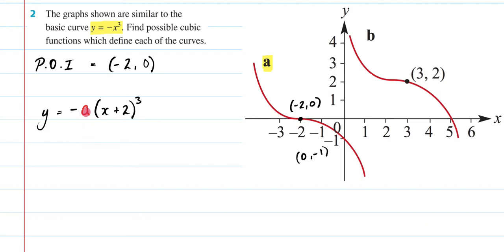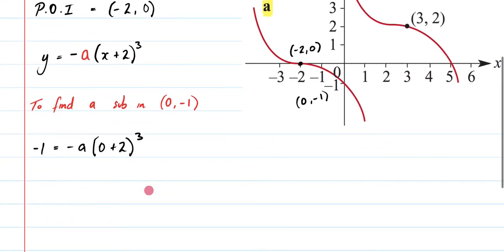So how are we going to solve for A? I'm going to write now, to find A, sub in our other point, so it's going to be 0, -1. Sub in 0, -1. So let's now do that. That means I'm going to get -1 in my y spot, then it's going to be -a. Then in my x spot, I'm going to put 0 plus 2 cubed. Now, this is obviously going to be just 2. 2 cubed is 8, so it's going to be -1 equals